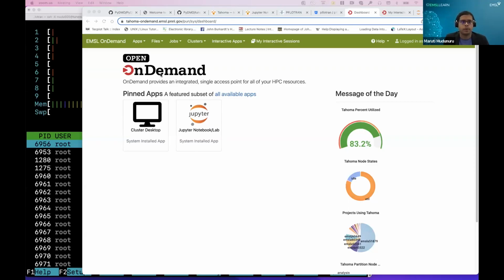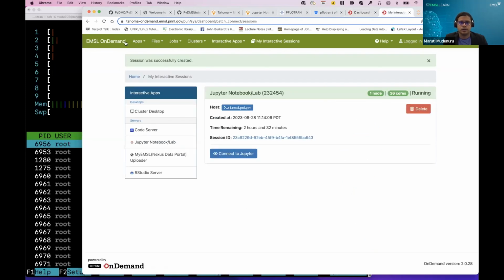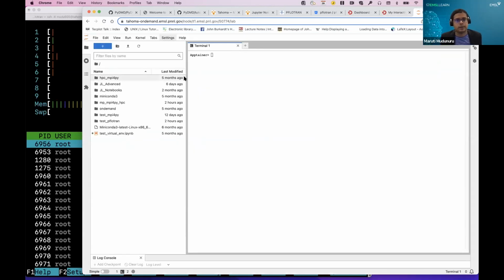So let me share my screen. So hope everyone can see my screen. Awesome. So as Ivan pointed out, go to the Tahoma OnDemand and you have the cluster and Jupyter lab. So I launched this Jupyter Notebook lab and it allowed me to go to this page wherein I requested one node, primarily CPUs and 36 cores. So once you have that, I connected to this Jupyter Notebook, it allowed me to launch this